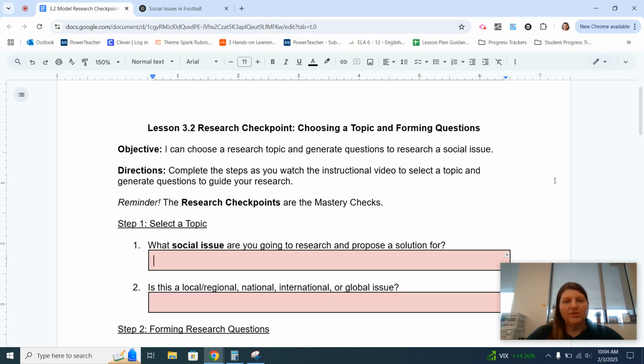So the first step is going to be to select a topic. What social issue are you going to research and propose a solution for? So in Google Classroom and on the wall right next to the screen is the brainstorm, where we brainstormed a bunch of social issues that you might be interested in that you can choose from. I'm also going to show you a way to use AI to help generate some ideas for you. So first thing is take a look at that brainstorm we've already done,